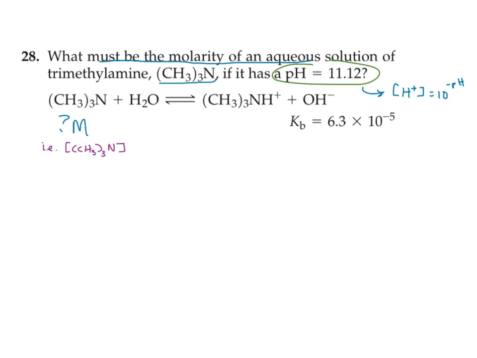Okay. So, what must the molarity of an aqueous solution of trimethylamine, CH3 quantity 3N, be if it has a pH of 11.12? Okay, now we know from pH we get the hydrogen ion concentration, right? So